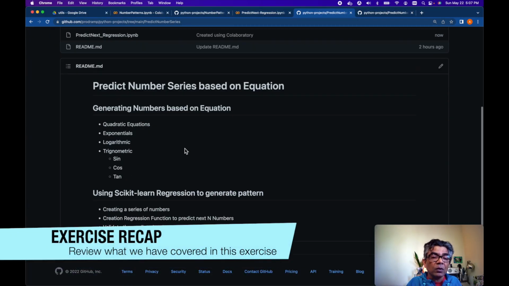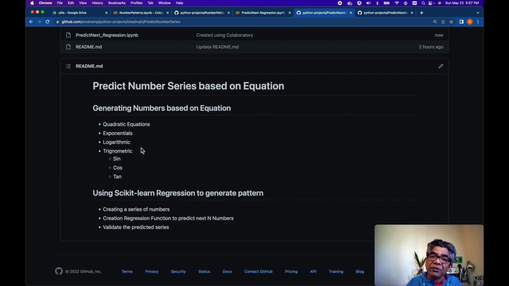Before we go, let's spend a few seconds on a recap. We started our exercise by following various mathematical functions to generate number sequences. After that, we used that sequence example to learn the pattern using the scikit-learn regression method. Once again, you are not limited to scikit-learn regression. You can use other